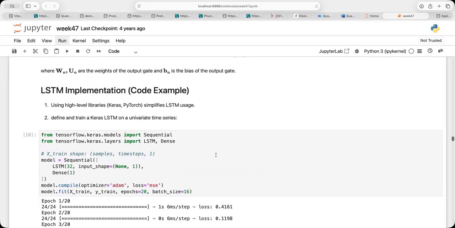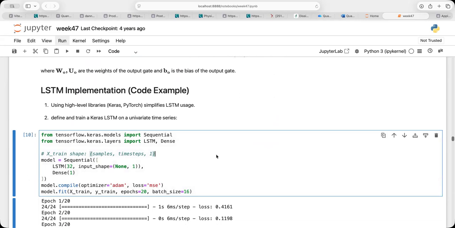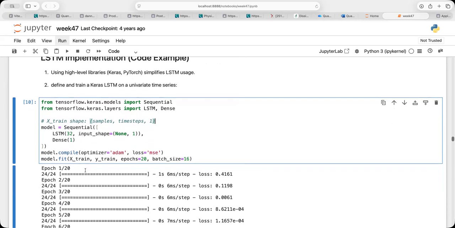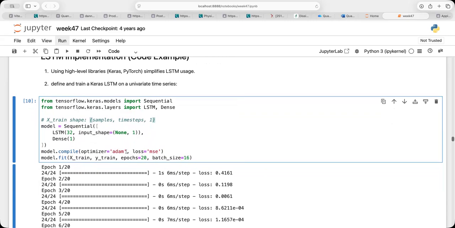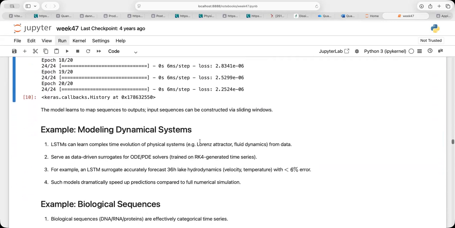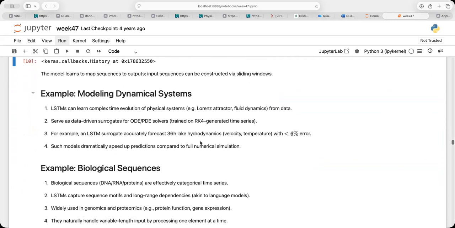And I wanted to show you a typical way by which you could set this up using Keras. And you can see in this particular case, I have a very simple data set, and I have an LSTM, and this is the way you would actually set it up. And you would specify the type of optimizers and the mean squared error. So what I wanted to show you a little bit below here is also how you can implement this for different applications.